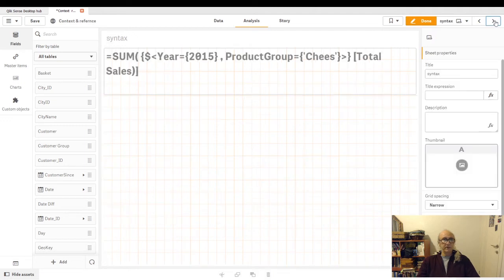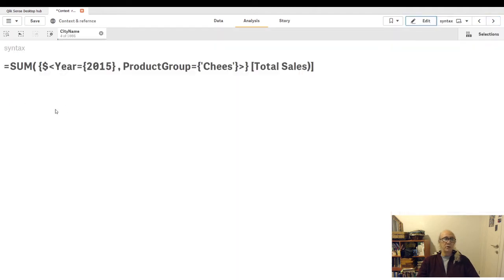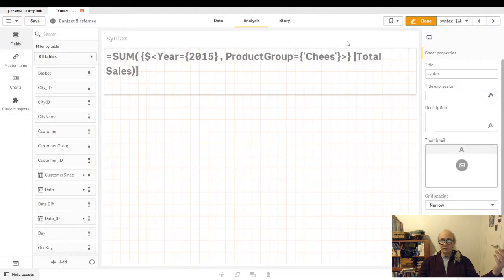I'm just doing a small summary, and I will continue in a few minutes. So we started to talk about the syntax of set analysis. We said that set analysis always comes